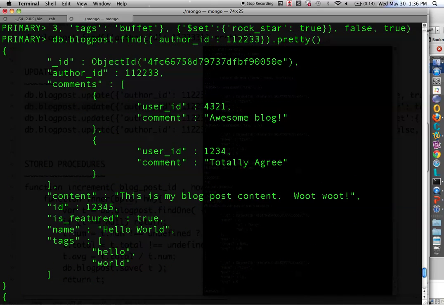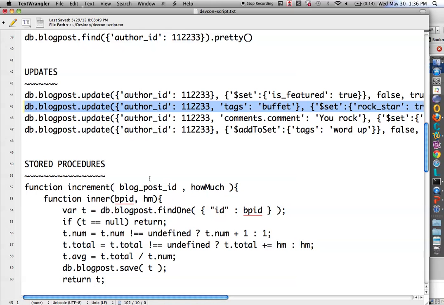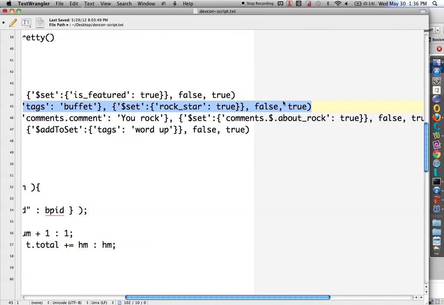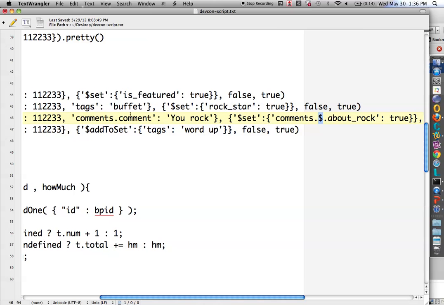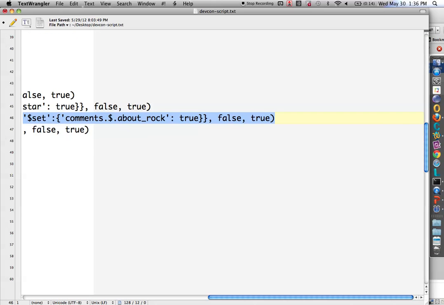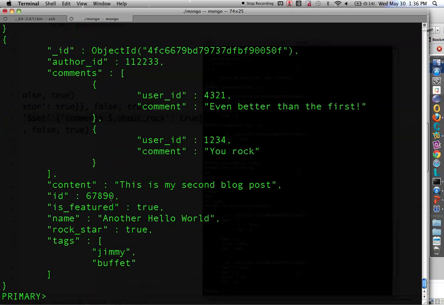So you can see how easy some of this stuff is to work with. It's incredibly easy, incredibly dynamic. It can do pretty much all the stuff that you want to do. A little bit more complex is using a $ as a placeholder. Throughout my comments, the comments are actually stored as a list. It's a list of dictionaries, or a list of documents. And so I can say, well, everywhere where I have